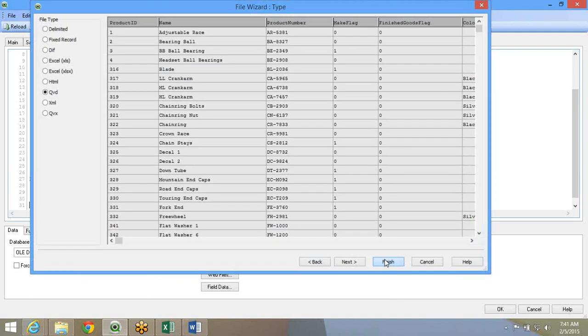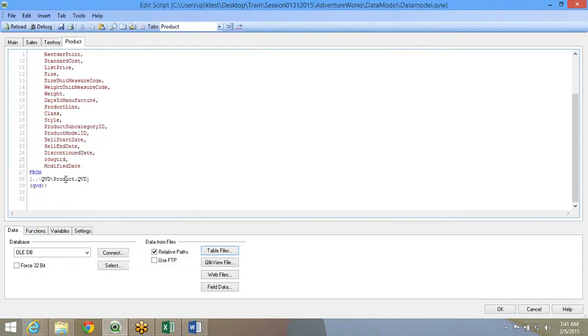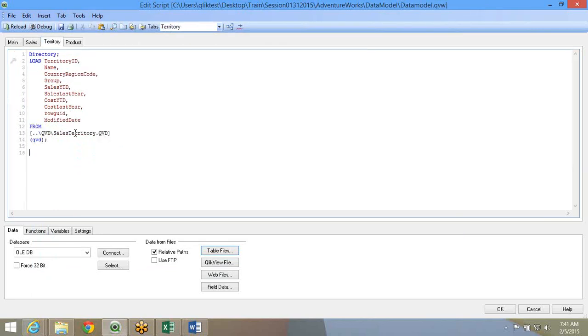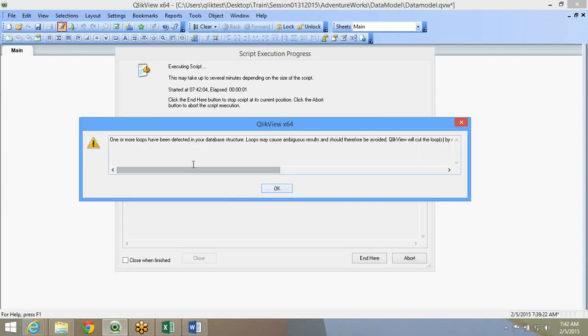Otherwise, like I said, just bring in everything. Now I've got two tables, one is product, one is territory. So what I can do is quickly load them. There are so many multiple loops.